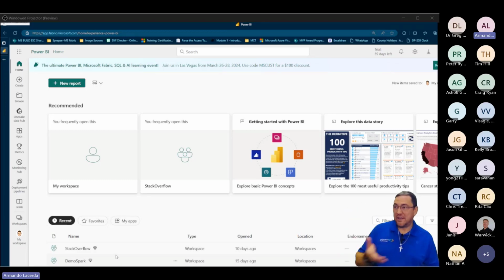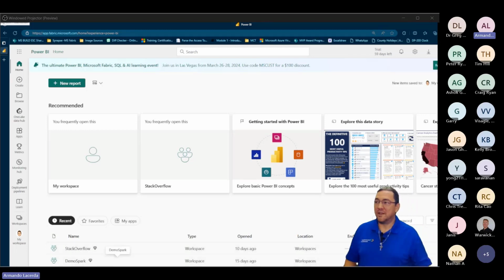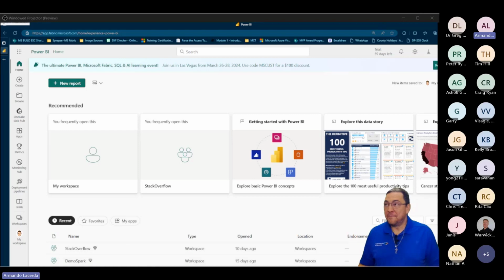And then I will see things that will be more related to which workspace I'm going to work with, which elements in the workspace, and so on. But the whole point is, this is Fabric, and all elements in Fabric are available to you at any time.